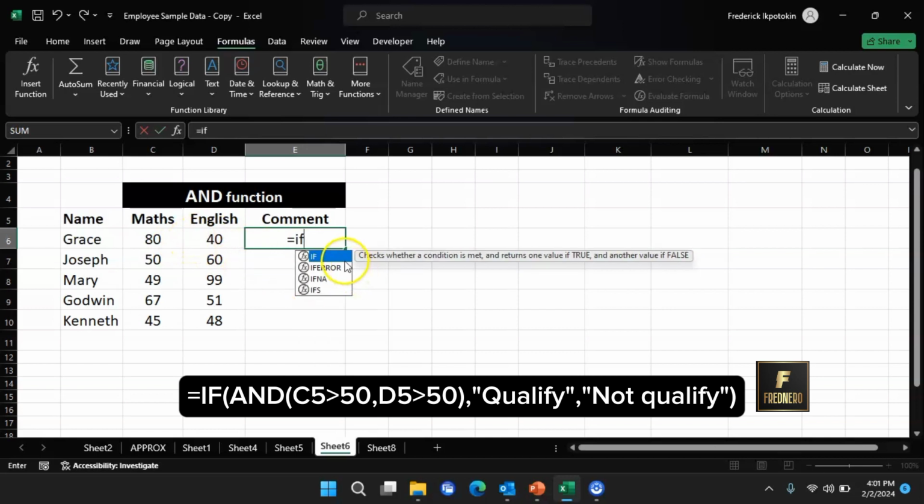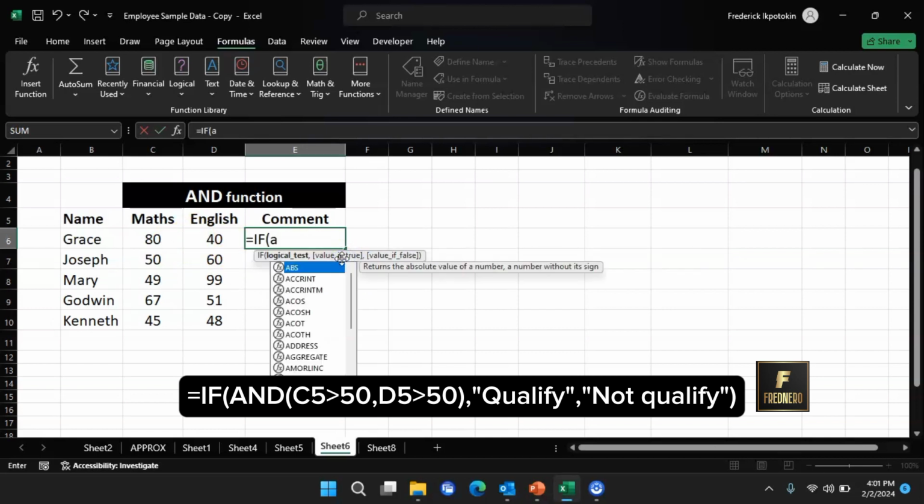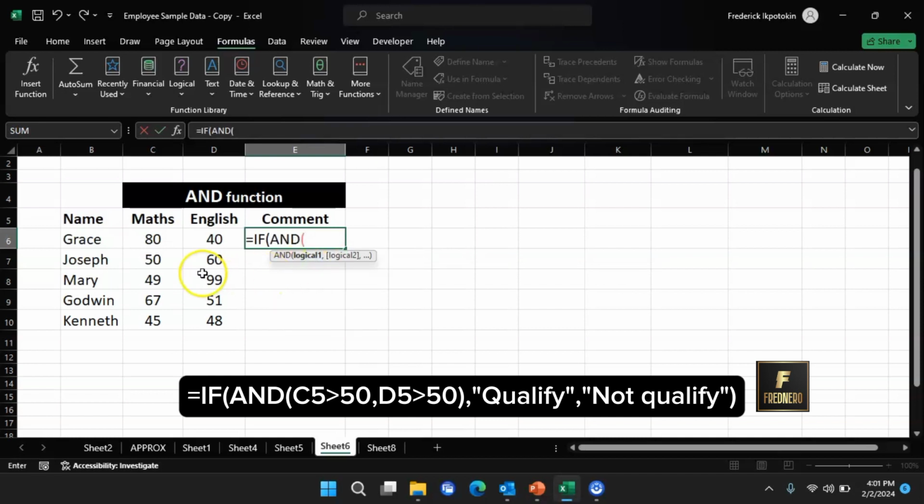IF, AND, which simply means both conditions must be met. If C6 is greater than or equal to 50,